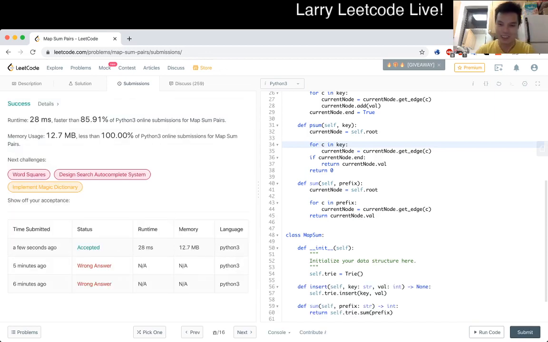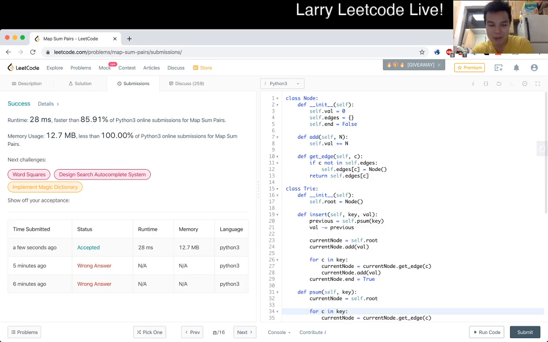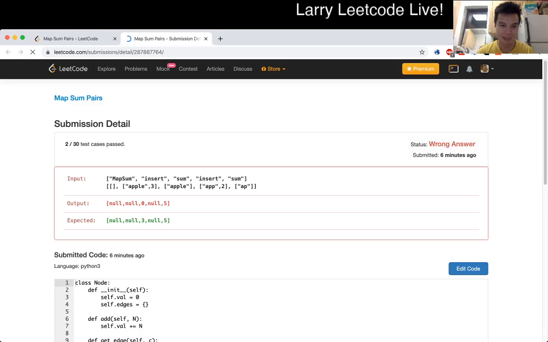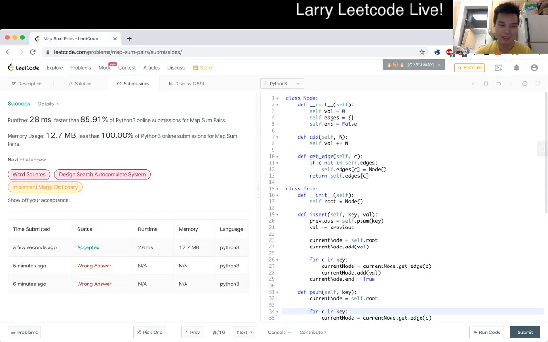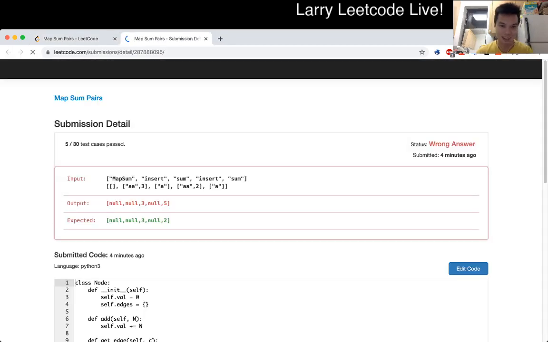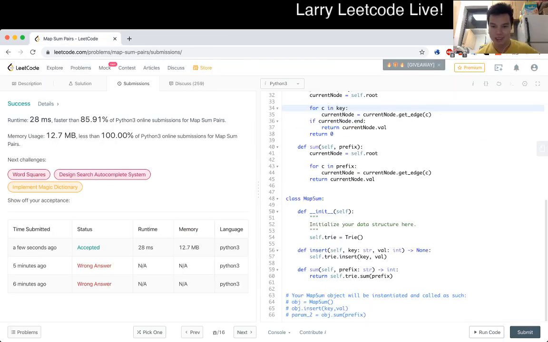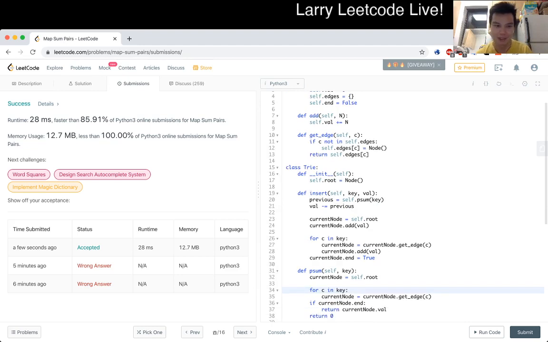So that is a point of kind of just being careful. I mean, I think the first wrong answer, what did I get it wrong on? Yeah, this one I just had an off by one error on my pointer moving. So something that, and also that's a very obvious test. I should have done that. And here I just didn't read the problem correctly. I thought you just keep on adding to it. So I had to add in something to fix that. But overall, a straightforward representation of the